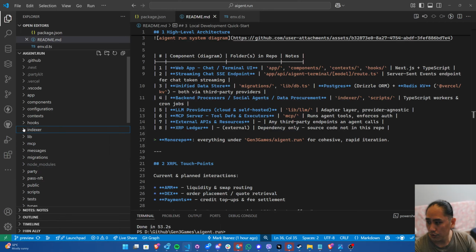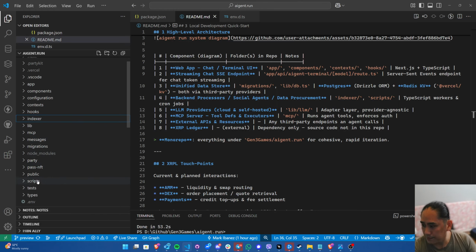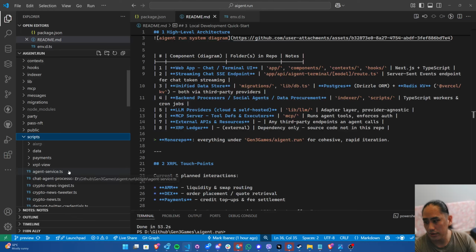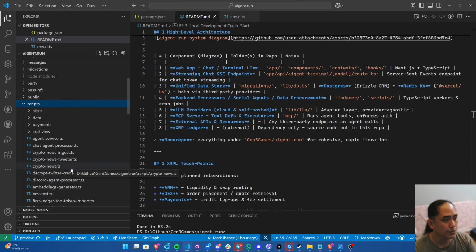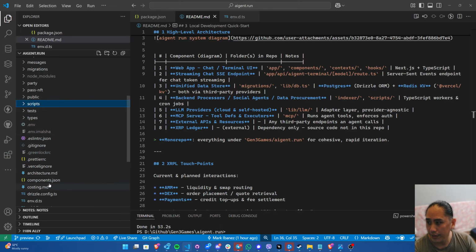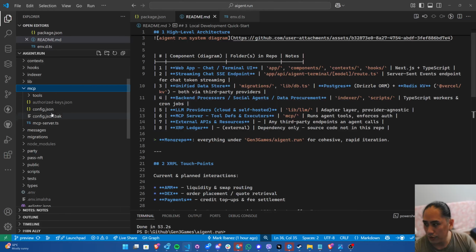The next folder would be the scripts folder, and these are just a bunch of Node.js scripts that are run as PM2 services on our backend server. And then we have the MCP folder, which just basically contains our MCP server code, which